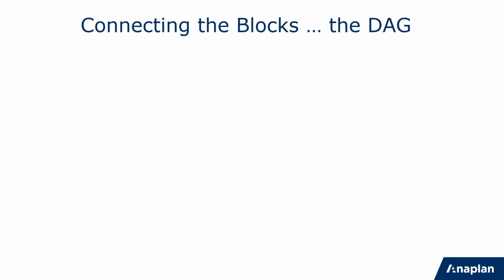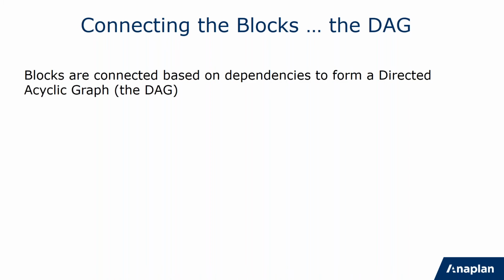So when you write a formula, you make reference to other line items. And basically what you're doing is you're creating a dependence from the line item that you write the formula on to the line item that you reference in the formula. And that creates that dependence between the blocks, so that if something changes in the upstream block, then you need to recalculate the downstream block.